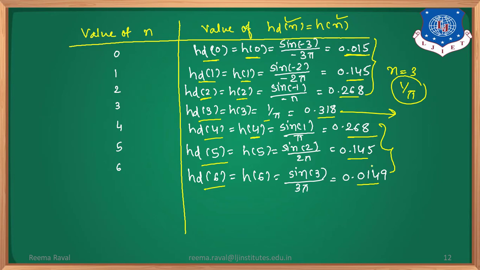So for higher values of M, if you can find these 3 to 4 values, the values below you can duplicate in this order. So this is how you can solve the examples of windowing according to the function given to us. Here a rectangular window is used. You can use a Hamming window, Hanning window or Kaiser windows likewise, according to the data given to us.